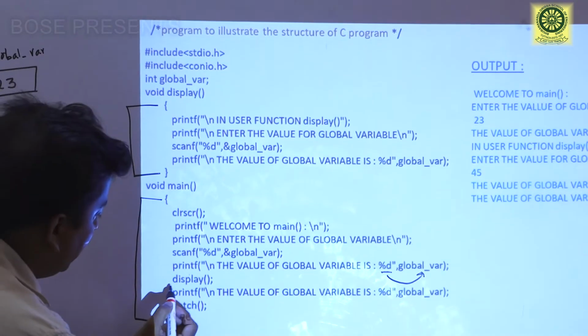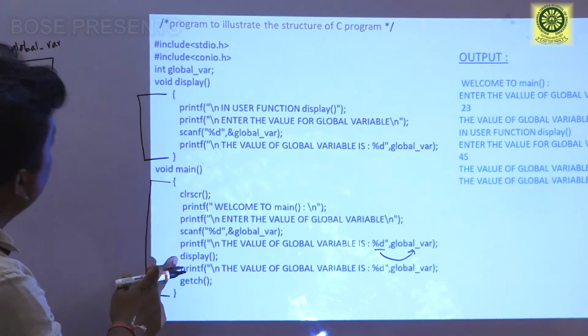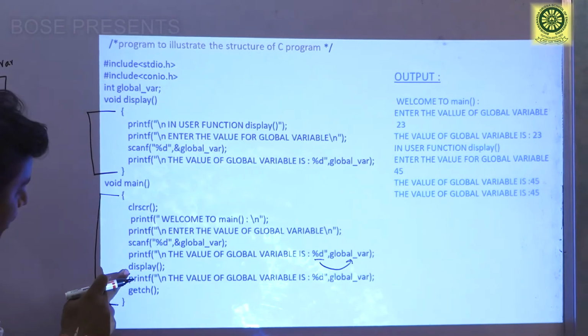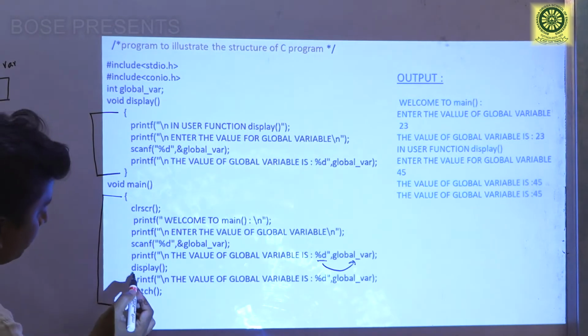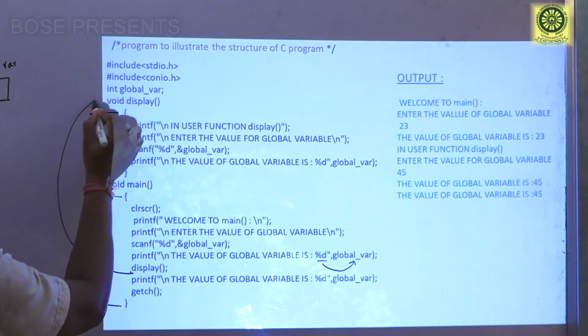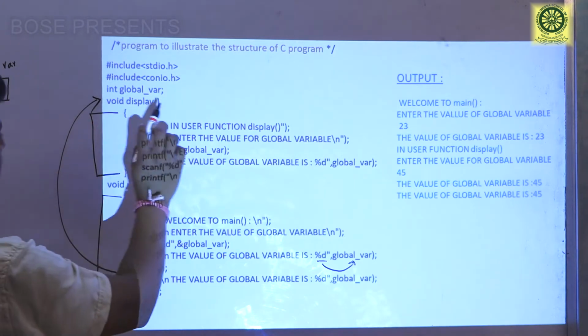Then in my next line, here is a user defined function which is defined above, before the main function. Here I have made a call of the display function. From this line the control will move from this to this, to the display function.